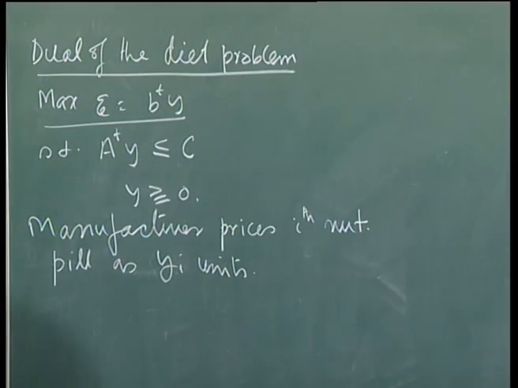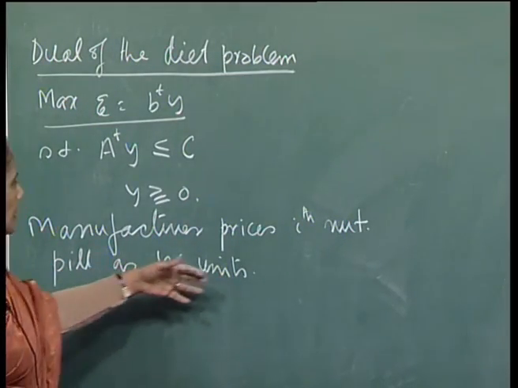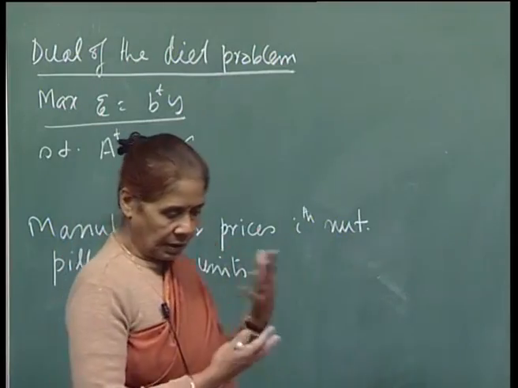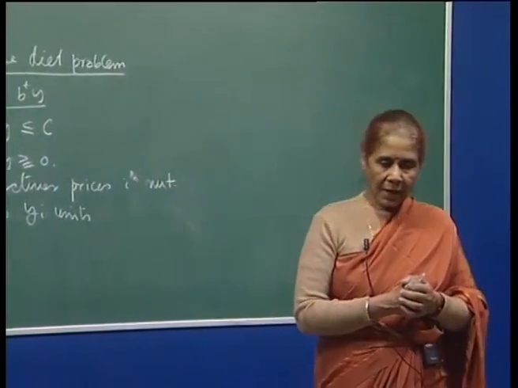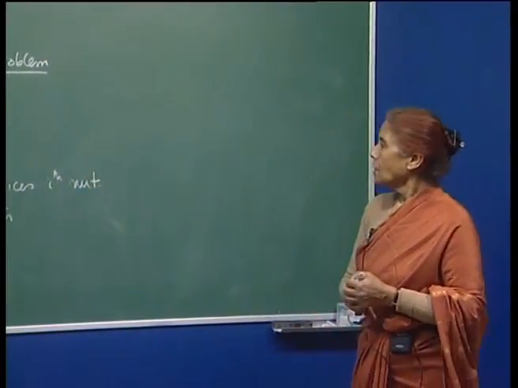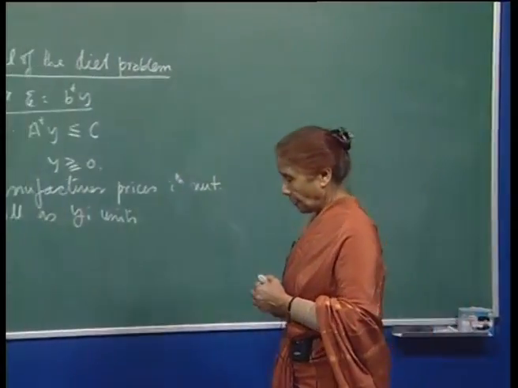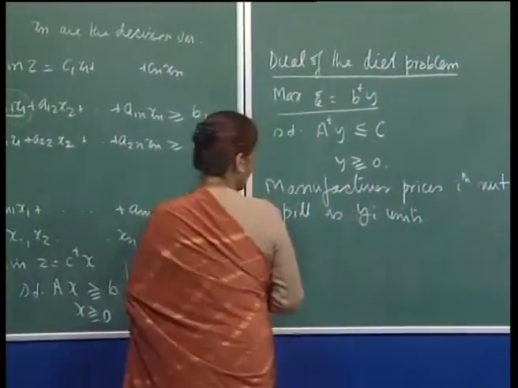Okay, that means yi rupees, you can say. So, he has to decide what should be the price for the ith nutrient, right. So, in other words,